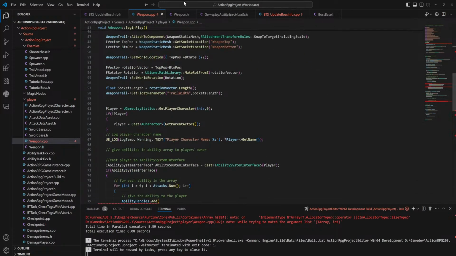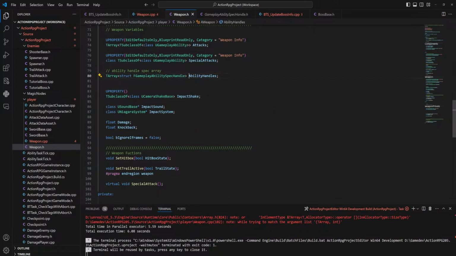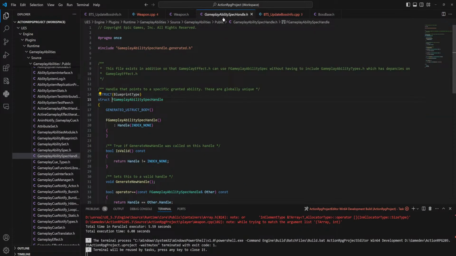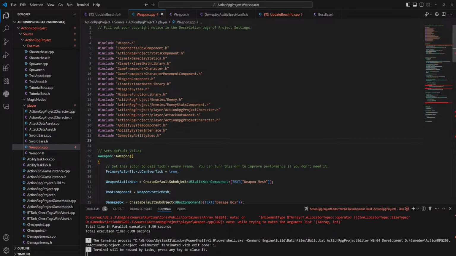Surely, though, gameplay ability spec handle, is that just straight up like this?